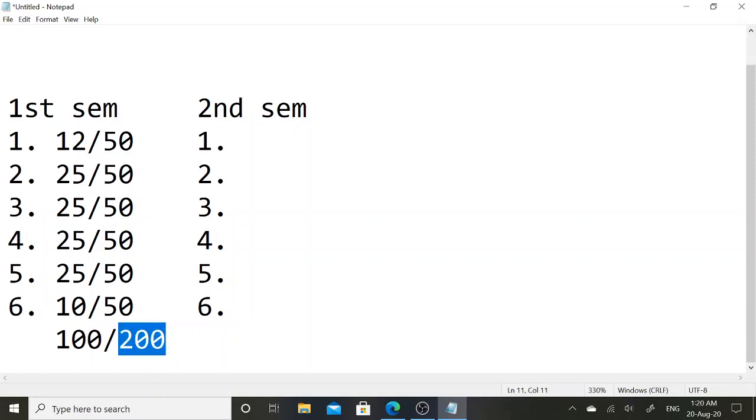And if you obtained 25 in each of the 4 subjects, then your total obtained mark is 100 out of 200.